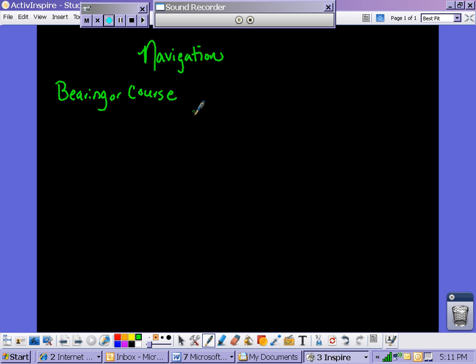You will see both of them, which measures the line of travel clockwise from due north. So let's talk about what this due north means. Okay, due north basically means